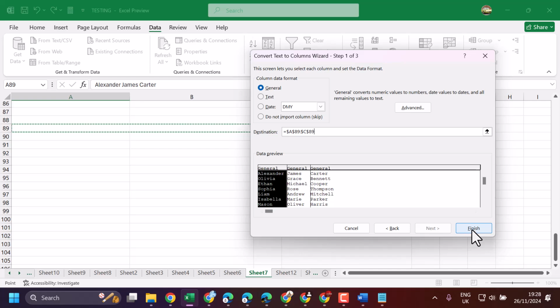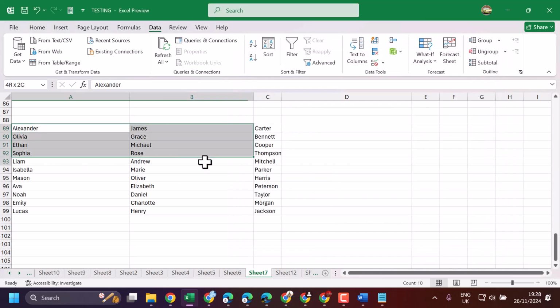Now just click on Finish. So this is the setting and method you can